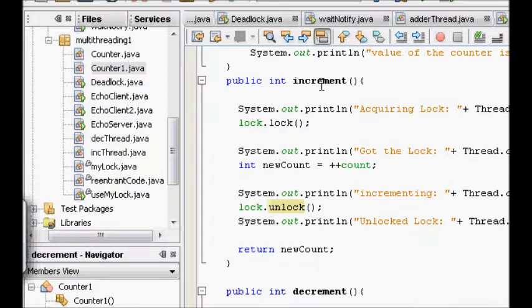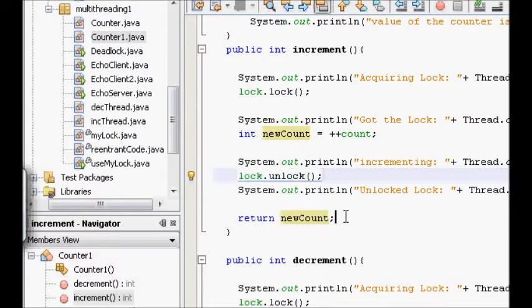In the increment, of course, only one thread at a time can increment or decrement the shared variable, that is count. So we acquire the lock, then we do count plus plus, we save it in newCount, then we unlock the lock because now we are done with changing the shared variable, and we return the new count.